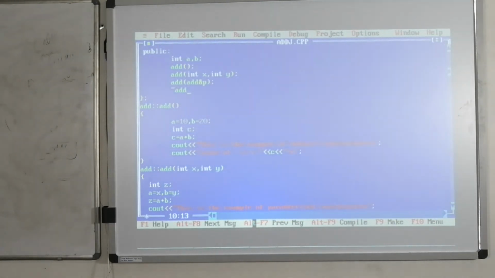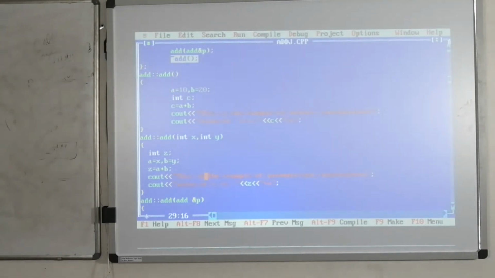Tilde symbol. Then here in destructors we are not going to pass any parameters. Whenever the destructor is going to be called, here I am declaring one destructor. Without use, whenever the object is created, automatically the constructor is invoked. After invoking the constructor, automatically the destructor is going to be invoked and it is going to free that particular memory location.